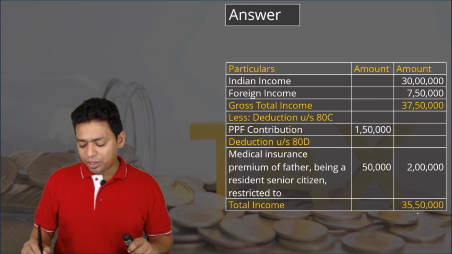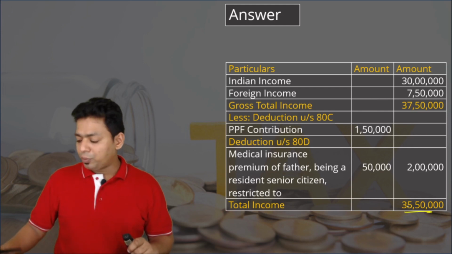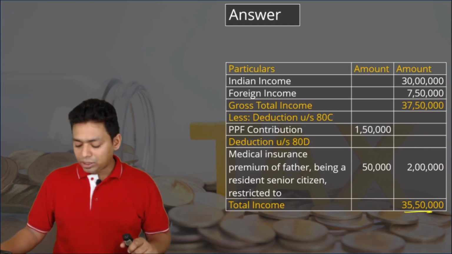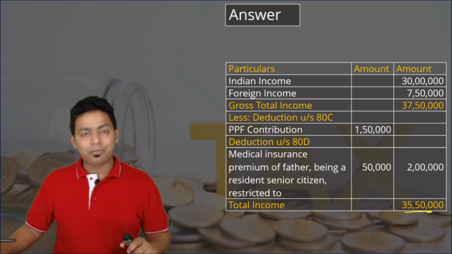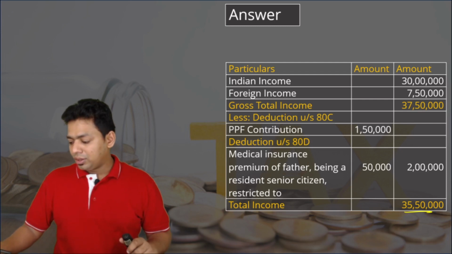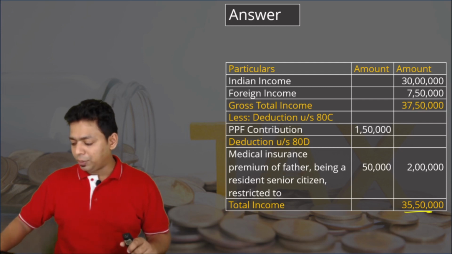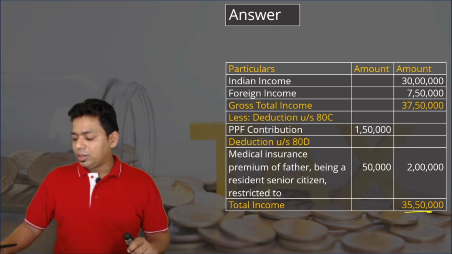So net taxable income is 35 lakh 50,000. Please compute tax on 35 lakh 50,000. So tax on 35 lakh 50,000 will be computed in this manner. 35 lakh 50,000 minus 10 lakh, that is 25 lakh 50,000, into 30%, that is 7 lakh